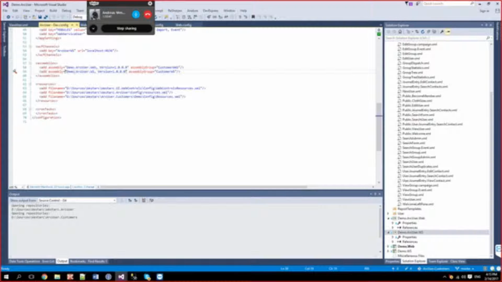We say that demo Arc user WS should go to the assembly group customer WS, and the corresponding front-end module should go to the assembly group customer web. So that is how things are differentiated and end up in the right place.